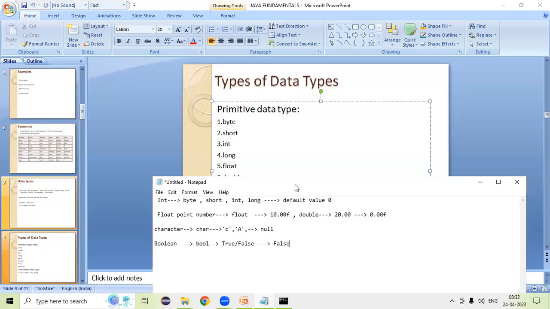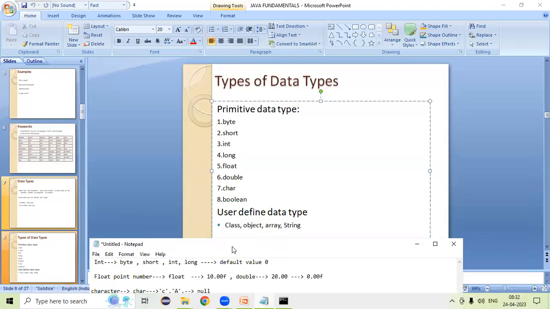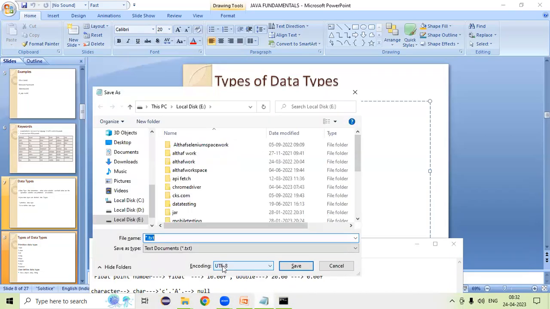Okay. So when it comes to user defined data types, a user defined data type is nothing but a class, object, or array. The class, just now we have created a class, right? Everyone has seen that we have already declared a class